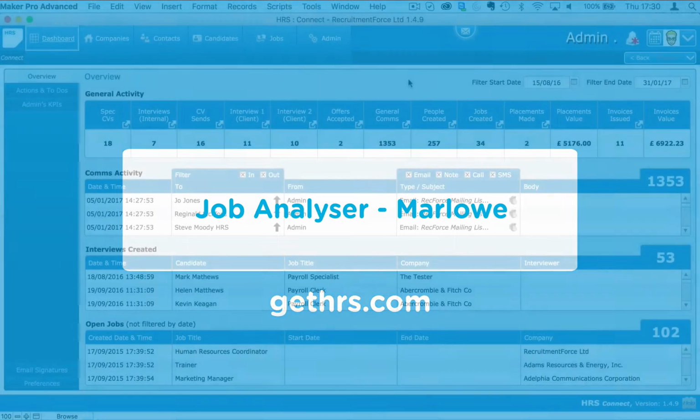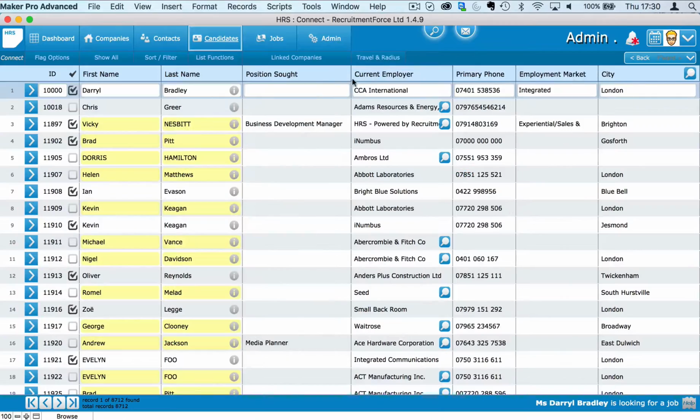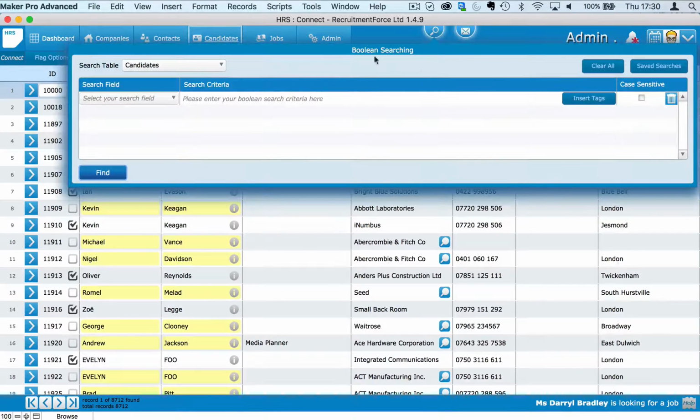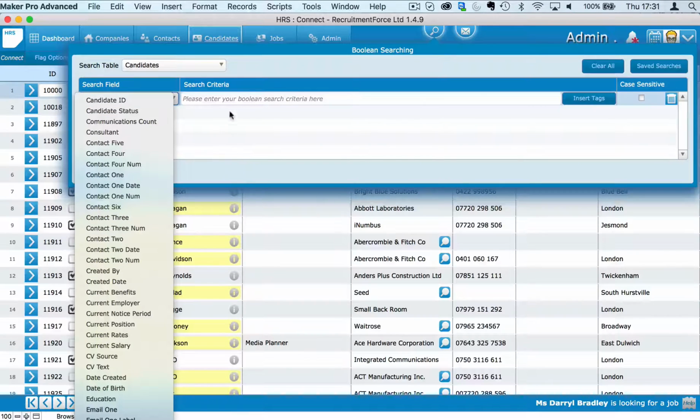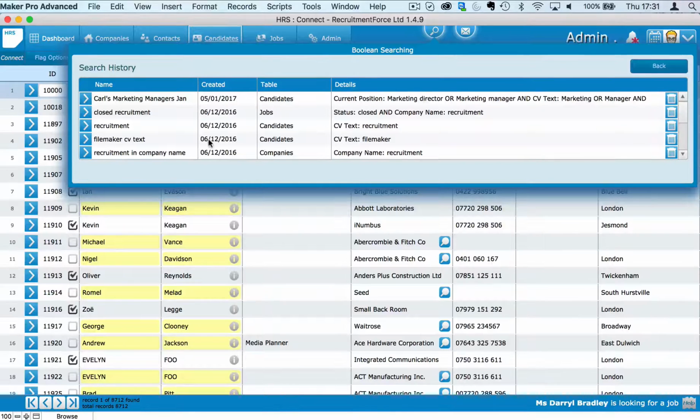The job analyzer in HRS from Marlowe works in a specific way. So firstly, let's find some candidates. I'm going to carry out a search. We've got a Boolean option now in Connect v1.5. So I'm going to carry out a search here. You can do any kind of Boolean search in any field in any of the main tables, but I've got